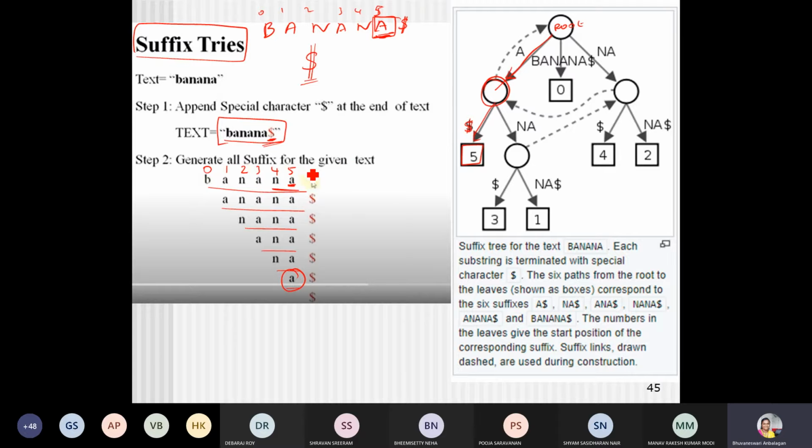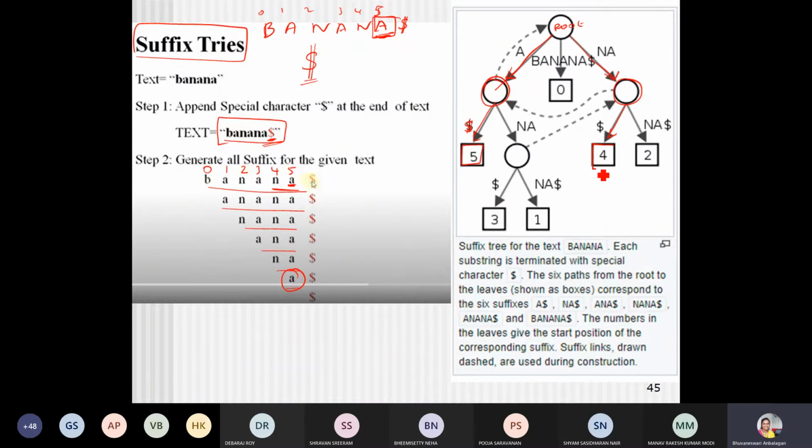Okay, and then NA. If you want to search for NA, you see here, there is no such term like NA. So we will go this way, and give a node for this, and this is going to be the end of the particular sequence.